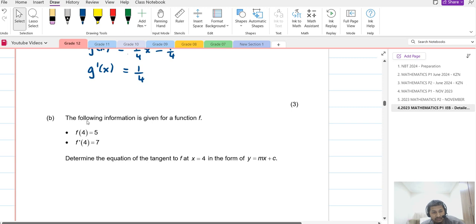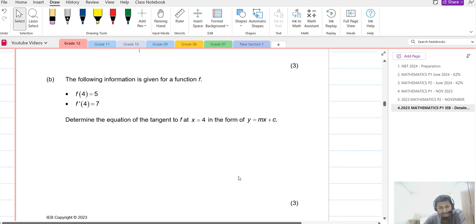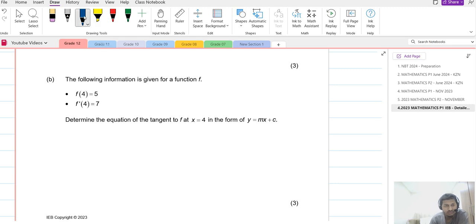The following information is given for a function f. f of 4 is equal to 5, right? And determine the equation of the tangent to f at x equals 4 in the form y equals mx plus c. Now the equation of the tangent at x equals 4 is written in this form. Remember,